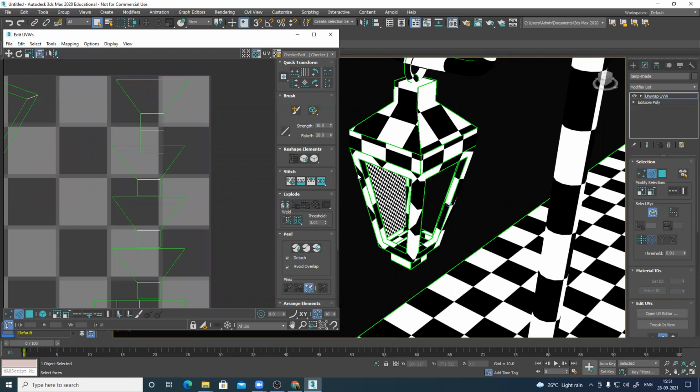So bevel it. The easiest way is to bevel the corners. It will solve all the problems.